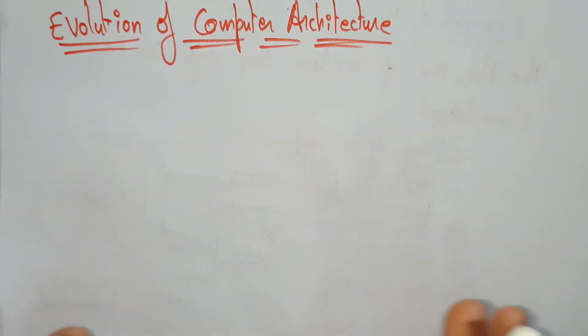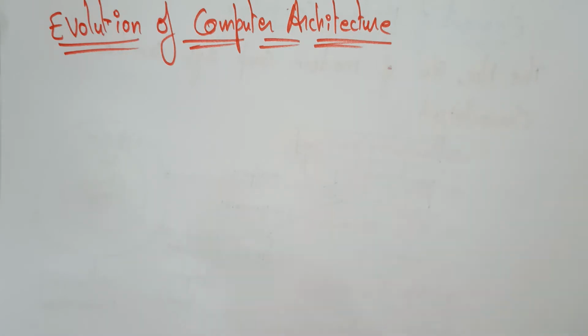In this video, I'm going to explain the evolution of computer architecture. We all know that over the past decades, architecture has gone through evolution rather than revolutionary change. It means it is upgrading. Taking the previous one, based on its drawbacks, we try to overcome the drawbacks and implement a new technology. So taking the previous one and developing the new technology is called evolution.